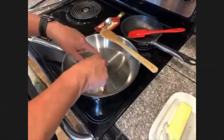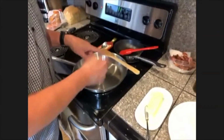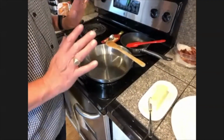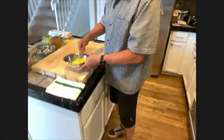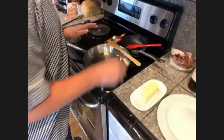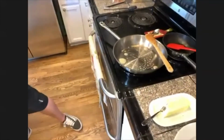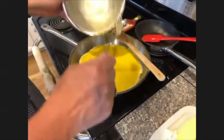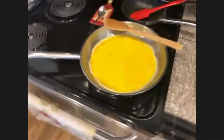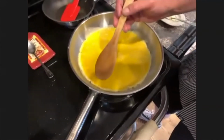Okay, so I've got a really hot pan. I'm going to add my butter. I'm going to spread my butter around. I'm going to whip my eggs, and I'm going to add them to the pan, and I'm not going to touch them for a minute, but that's going to go kind of quick. So I'm going to fluff my eggs a little. I always use a wooden spoon with my eggs for scramble, so you can see